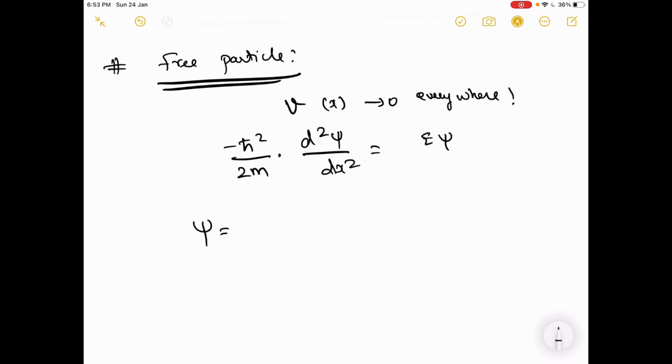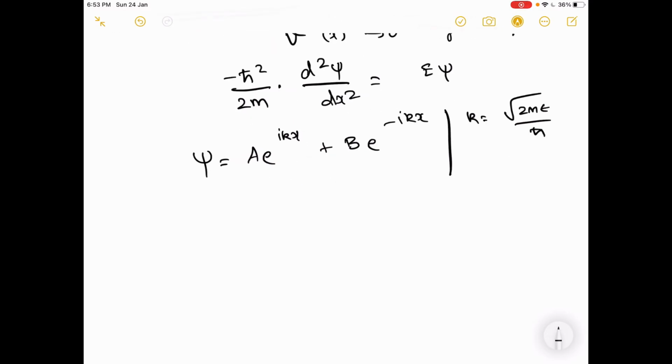Psi is A e power ikx plus B e power minus ikx. We're not going to draw the wave functions anymore, so I'm just sticking back to the exponential function, which is easier to write. k is root 2mE by h bar, very similar to what we had previously, right? And you can write psi as a function of x comma t in this fashion,